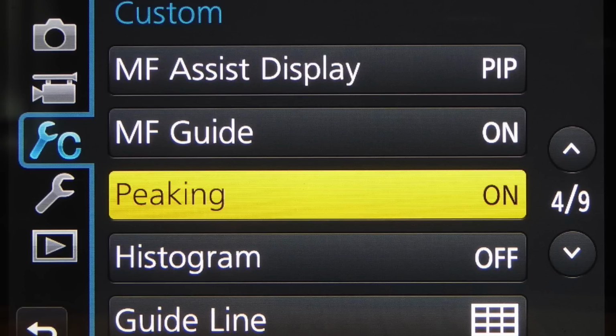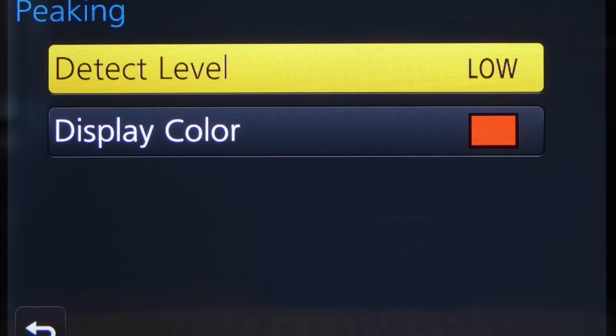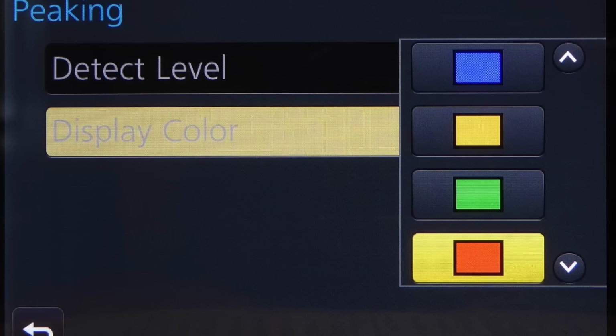Now, there is another video centric menu operation we can set up, and that gives you the facility of showing you what's in focus on the image, and it's called peaking, and you'll find it on page 4 of 9 in the custom setup. When you go into the peaking mode, first of all you set the operation, and you can set the detection level to high or low, and you can set the display color from cyan, yellow, green, pink or white. So it depends on the color of your subject or your background that you want to see